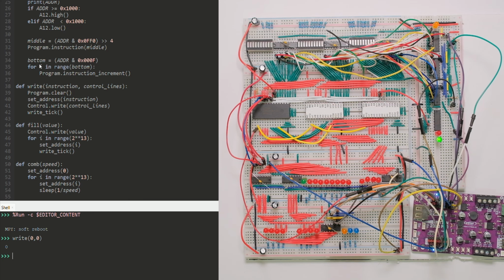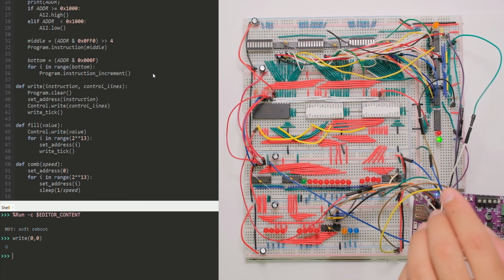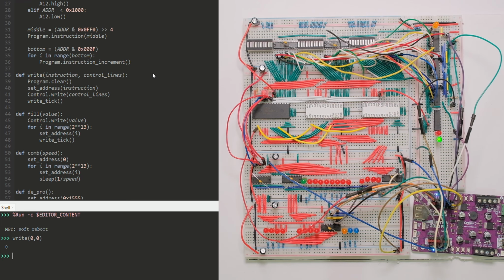And then you'll see that at the bottom it uses a different routine because I don't have a way to directly write to that register. Since I'm using it as a counter, all I do is, depending on the value of that last nibble, count to that value, and then I get my full address. So a write uses the set address function. It sets the address or the instruction, and then in the control write, it loads 24 bits to these 3 registers